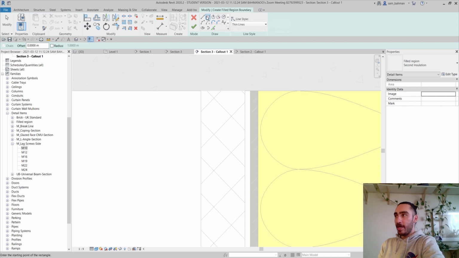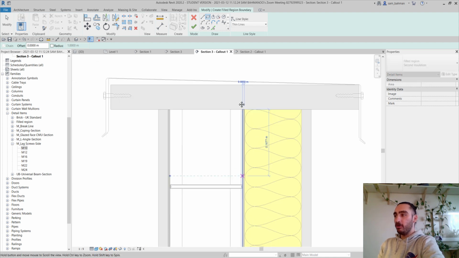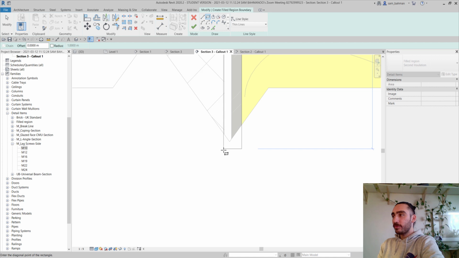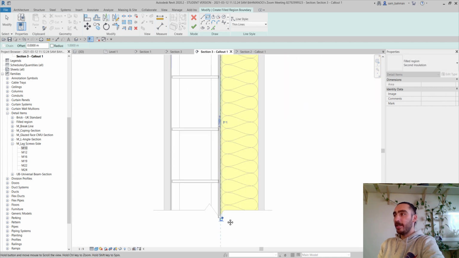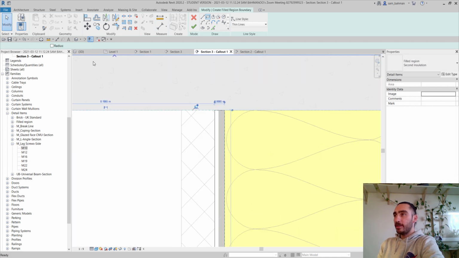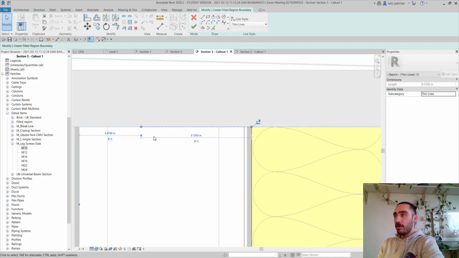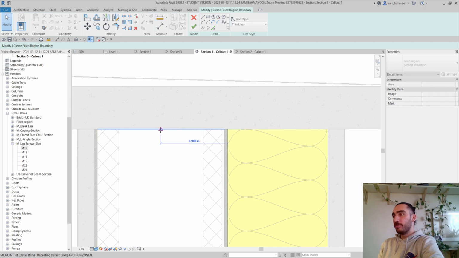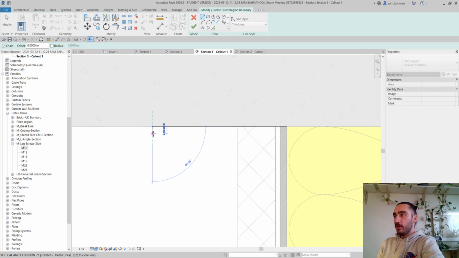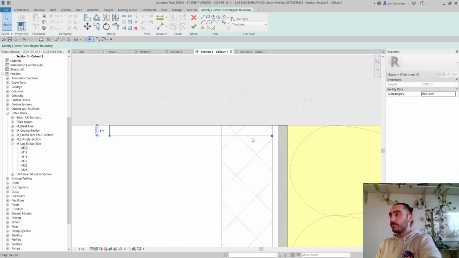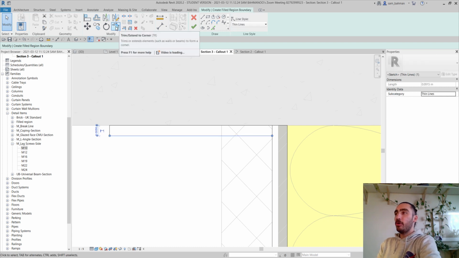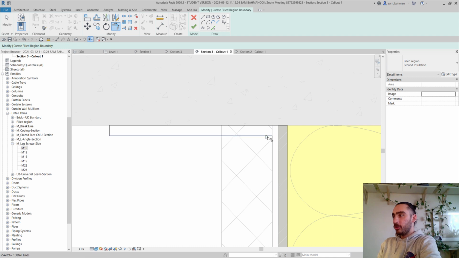So I'm gonna use the rectangle tool and start to define a boundary here. Like that. And also make sure to extend the top line all the way to the middle of the cavity block. And then using line to fill up the boundary. Like that, and then at the end I'm going to use the trim extend button, make sure to trim that part,